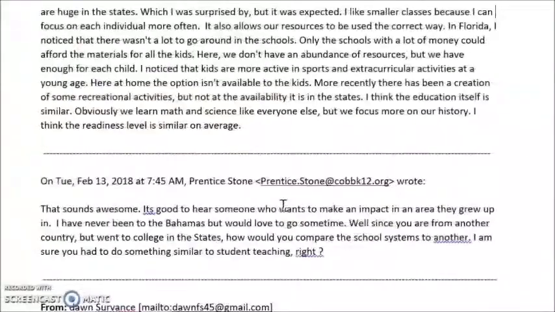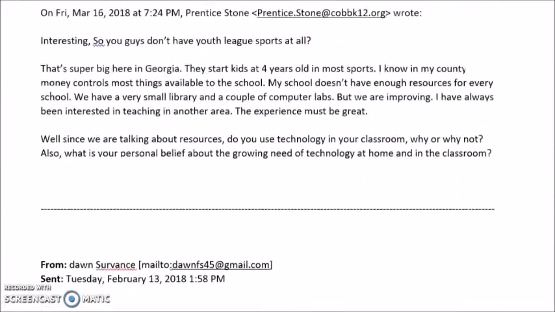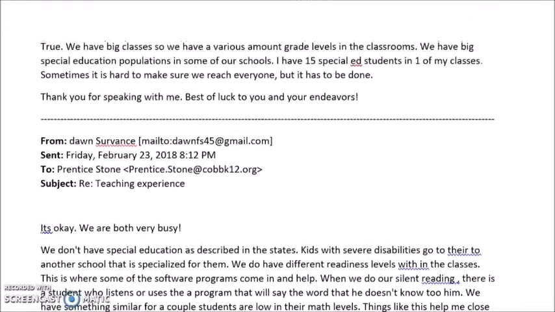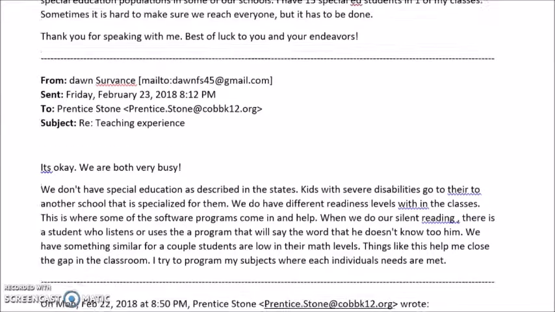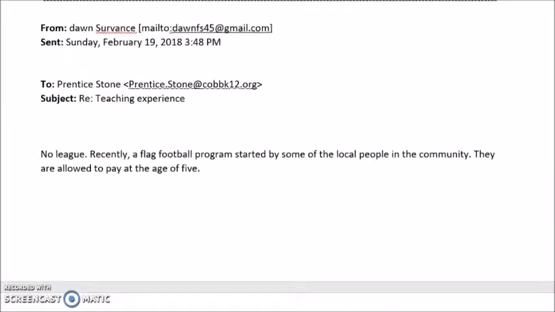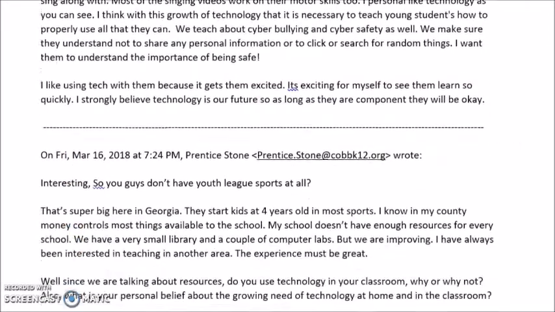The other person that I spoke with was a young lady named Dawn Servance. She is from Abaco, Bahamas, but went to college in Florida for her undergrad. She returned home to teach elementary school where she's from. Her class is small, teaching only 8 to 9 students, but they do every subject just like we do in the States. She explained to me how important it was for her and her students to learn and properly